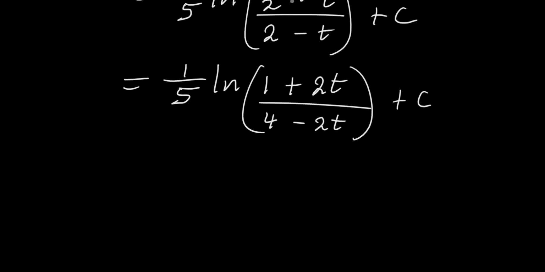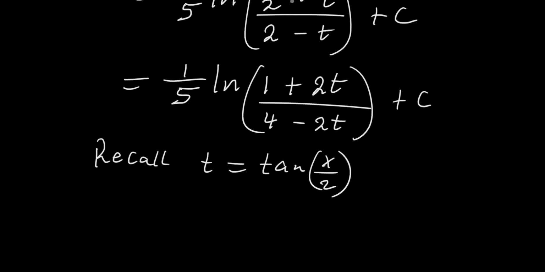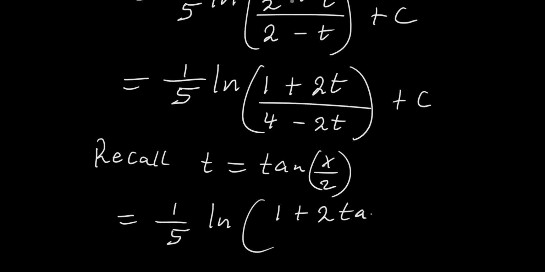At this point, please recall that t is equal to tan x over 2. So let's just plug this value into this. So this will become 1 over 5 in parentheses 1 plus 2 tan x over 2